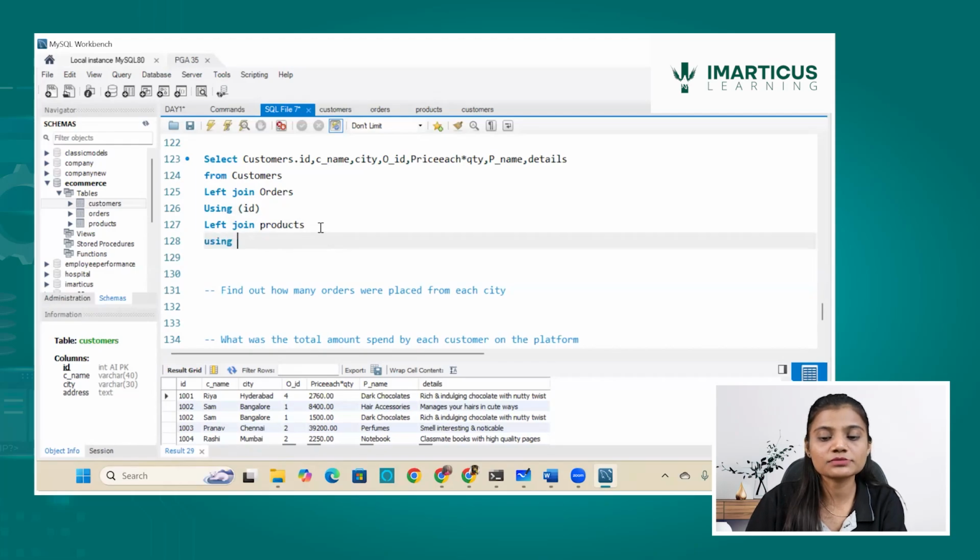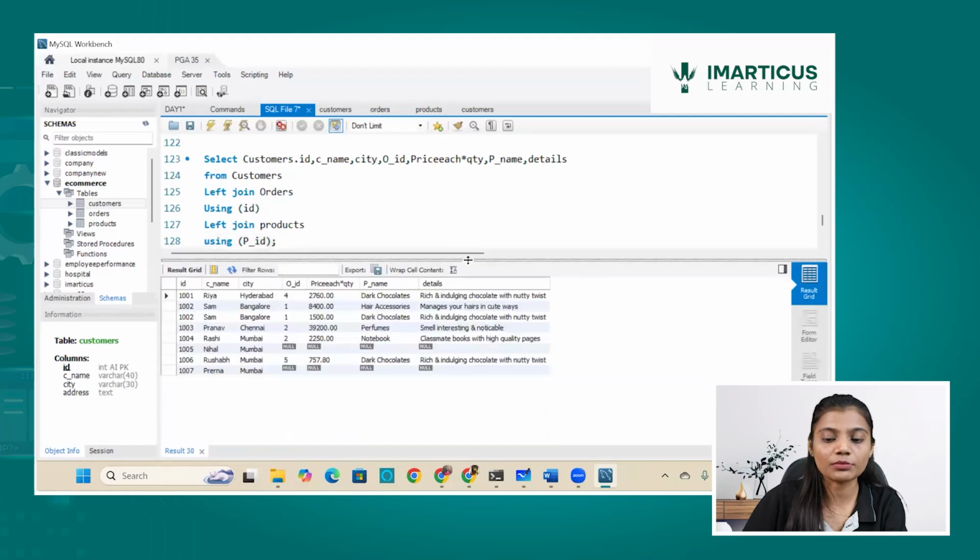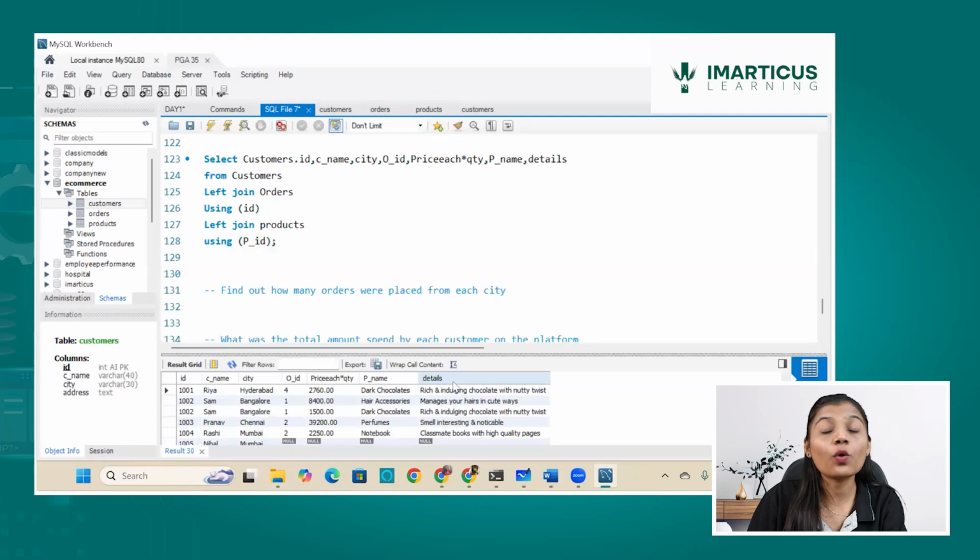So here I know products may using. I didn't need to mention that I wanted product ID from the orders table or not. From the first query, wherever the product ID column was there, it will consider that. And when I run this query, you can see the same outcome is being generated which was generated above. So USING as a keyword can be used to get the result set of a query only when the shared column between the tables has the same column name. That's when USING could be added into your joins.